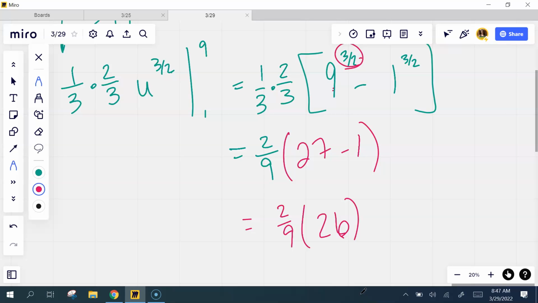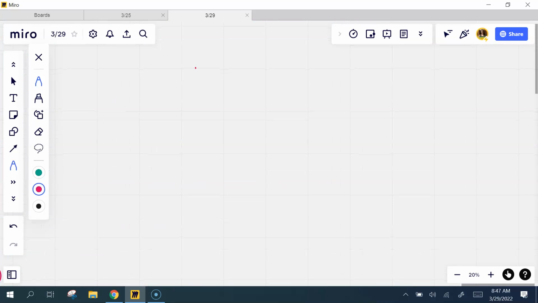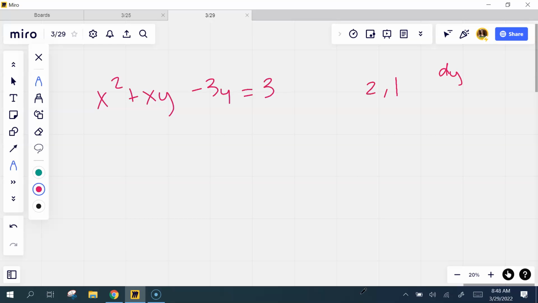I messed up on 11. Y'all got 11? That's implicit differentiation, so make sure you separate your variables there. I'll set up 11 for you and let you go back and solve it just to show you real quick. If you have x squared plus xy minus 3y equals 3, and it says at the point 2, 1, find dy dx, this is what I'm going to do first, and then I'm going to plug this value in for x and for y. So derivative with respect to x, 2x plus product rule,